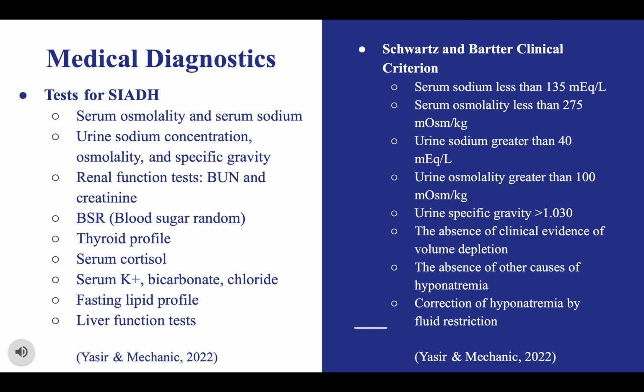Clinicians must also rule out hypothyroidism and adrenal insufficiency before labeling the patient with SIADH, and further tests are required to find underlying causes according to history. Patients with long-standing smoking history, weight loss, or pulmonary symptoms must have a chest X-ray and CT scan to look for and rule out small cell lung cancer. Also, note that the renal function test and random blood sugar test are necessary to check for hyperglycemia and uremia, as these are potential causes of pseudohyponatremia.